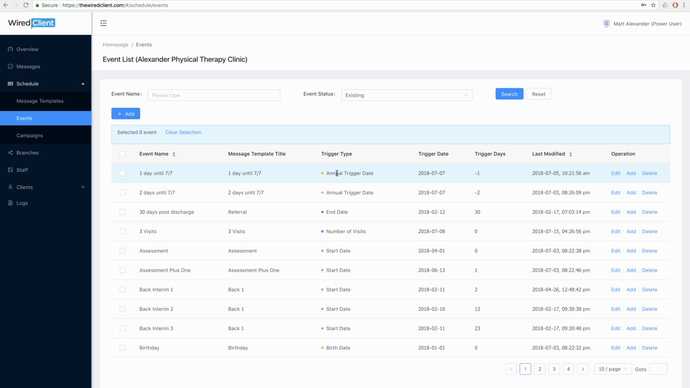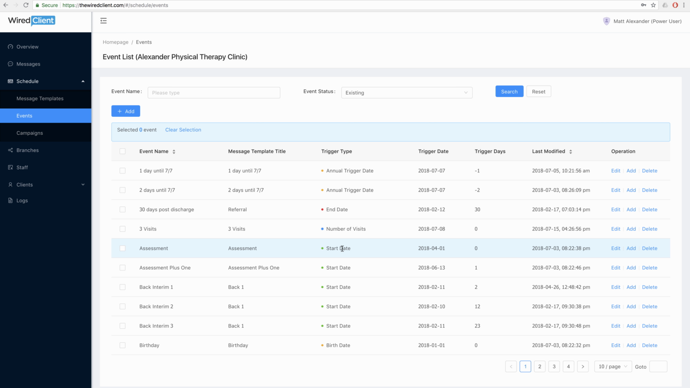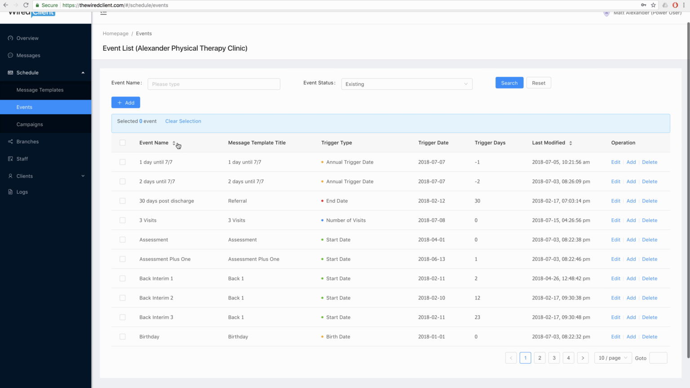The type of trigger, whether it's an annual trigger, so this is recurring, it's happening every year, whether it's being set off by an end date, so if this is like a discharge message, then it's going to be set off by an end date, the number of visits, so someone who's currently in your care, the start date, it's another very popular trigger, the birth date, but we'll be getting into these in more detail as I walk you through creating some events. So to begin creating an event, you can just click Add,